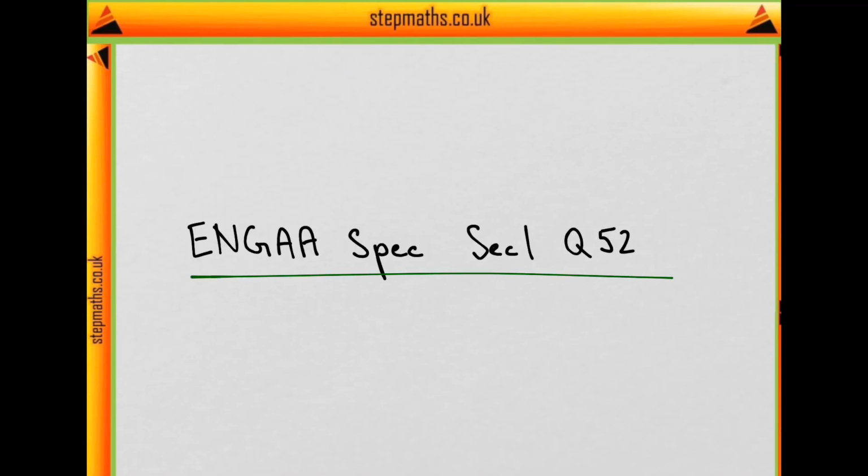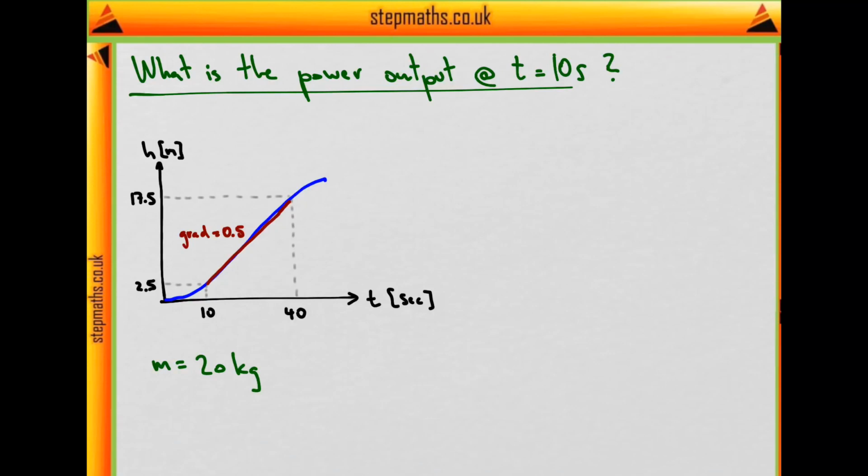In this video, we are going to look at question 52 from the specimen paper. In this question, a crane is lifting a mass, and we are given the graph of height versus time. So we can see that there's lifting going on, the height increases with time, and from the graph, we can